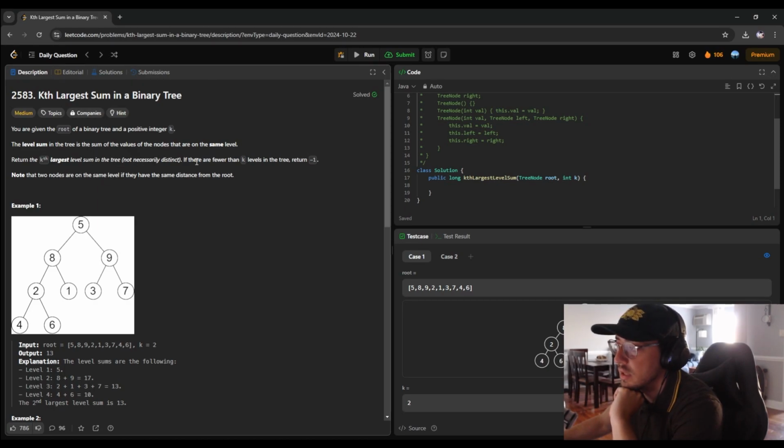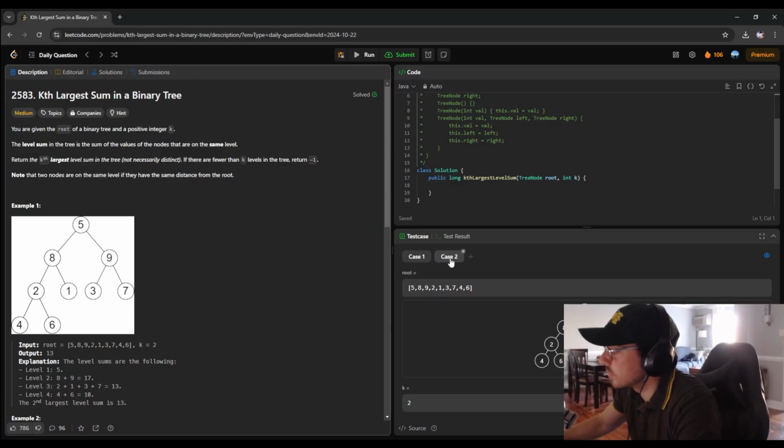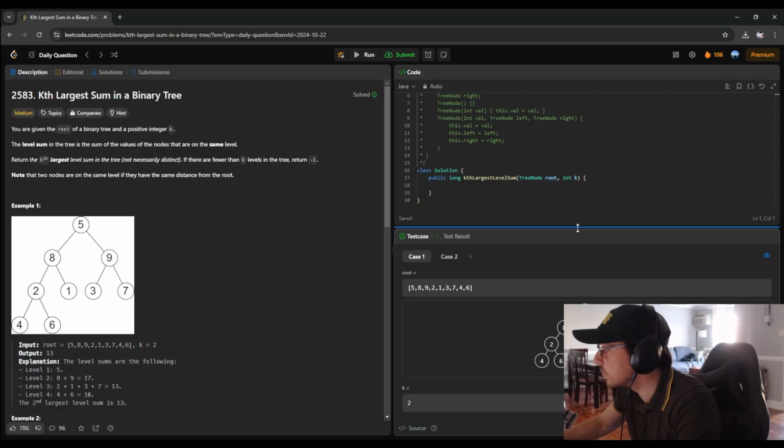Not necessarily distinct. If there are fewer than k levels in the tree, return -1. Okay, makes sense. Note that two nodes are on the same level if they have the same distance from the root. Yeah. Duh. Okay, so pretty. All right. So,